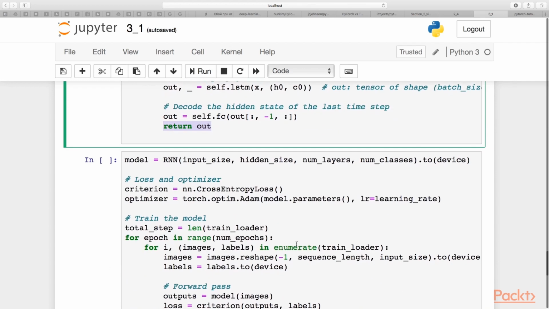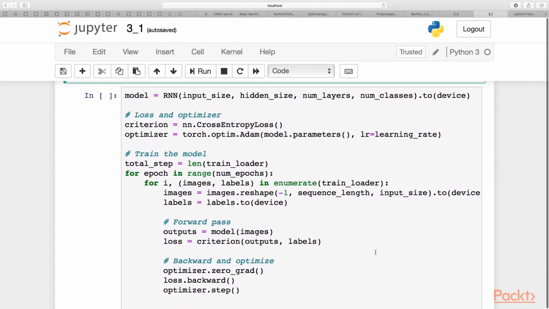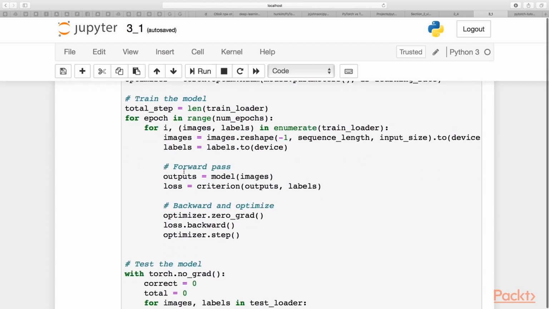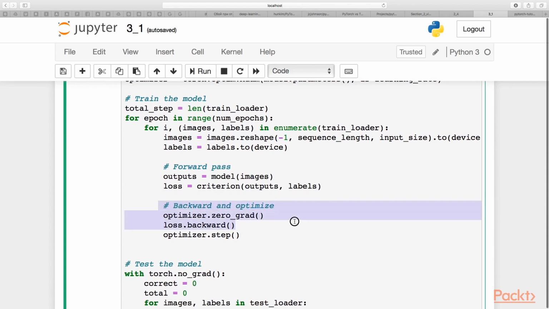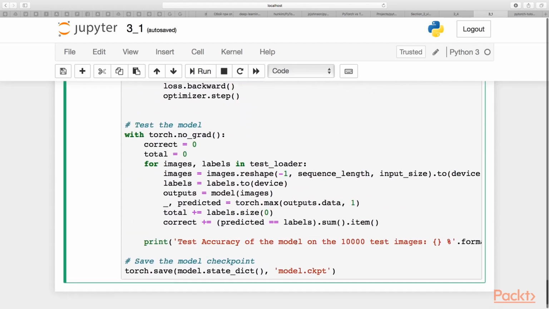Great. Then we should train our recurrent neural network and test it. But the steps are pretty much the same as they were while we were training the fully connected neural network. Here we are choosing the same cross-entropy loss, and we are choosing Adam as our optimizer. Here we should do the forward pass, the backward pass, and don't forget to zero our gradients. Testing the model is pretty much the same, and we should count the accuracy for our model at the end of this step.